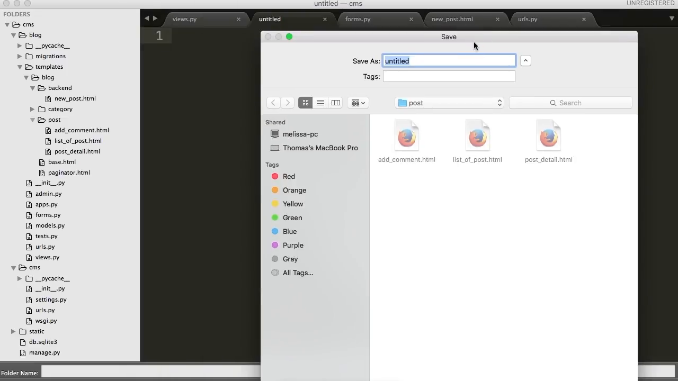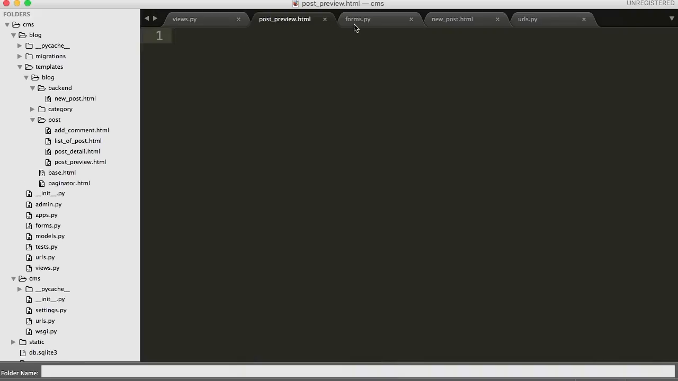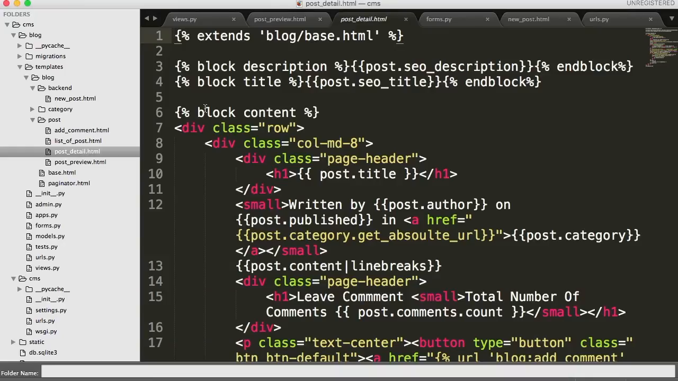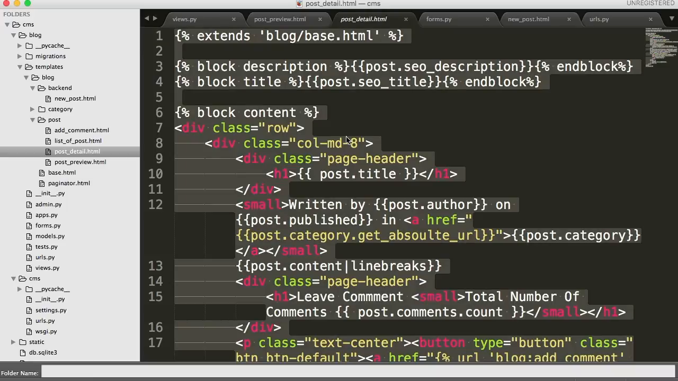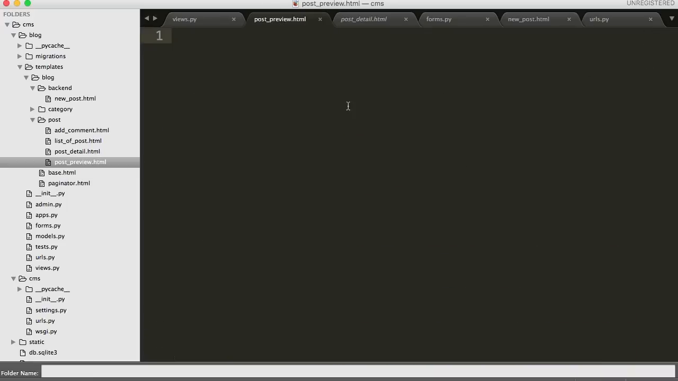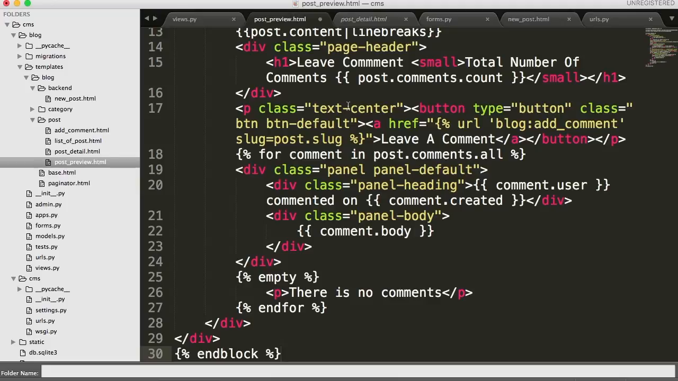Alright, so let's do post_preview.html, save it there. And what I want you to do is go to post detail, and we're going to Command A, Command C, copy it all, paste it in here, and it's going to be the same for now. Right now it's going to be the same. Anybody can view it because post preview has not been locked up for a password yet, so we'll do that